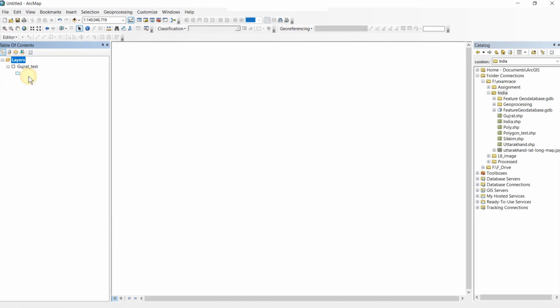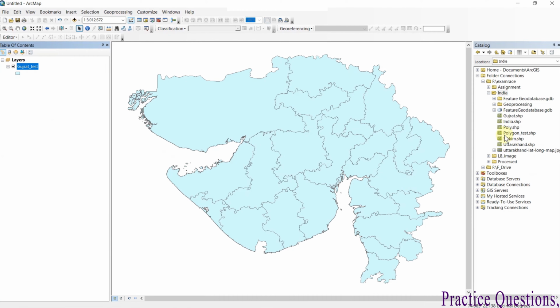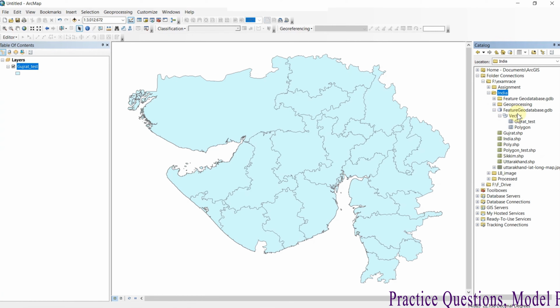Now I am going to tell one of the important things, that is zoom to layer. Here I told you already how you can create a data set, and how you can create a feature class within a data set. Here we have two feature classes within a single data set.